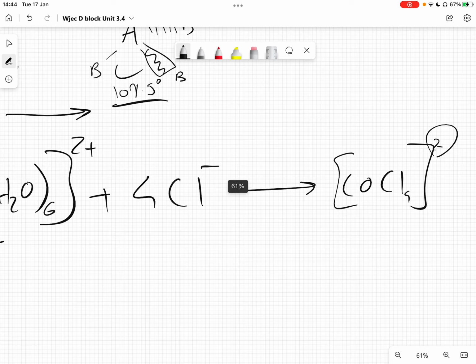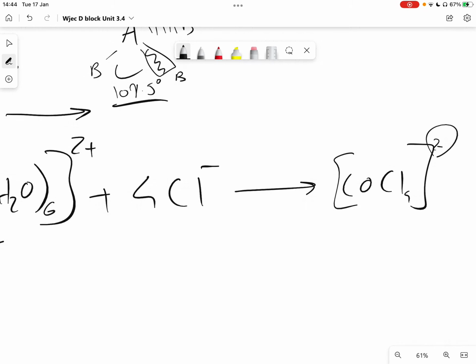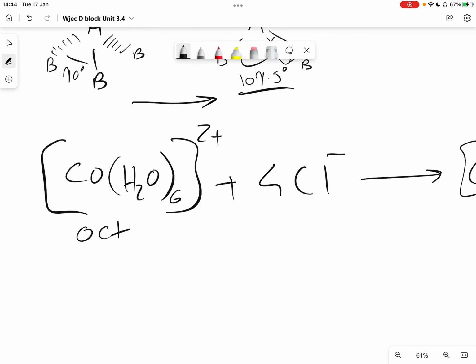So a reason for this change in coordination number. Now from coordination number from AS, we looked at sodium chloride and caesium chloride, and we can say that sodium chloride is 6,6 and caesium chloride is 8,8. But it's a bit different with D block, how we look at this. So in terms of D block, our coordination number is determined by the amount of coordinate bonds made to that central metal ion. So a reason for why we can only fit 4 chlorides around the cobalt, but we can fit 6 aqua molecules around cobalt, is because the chloride ion is simply bigger than the H2O,